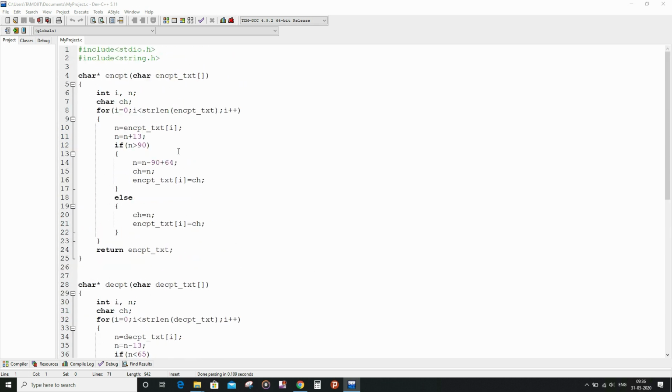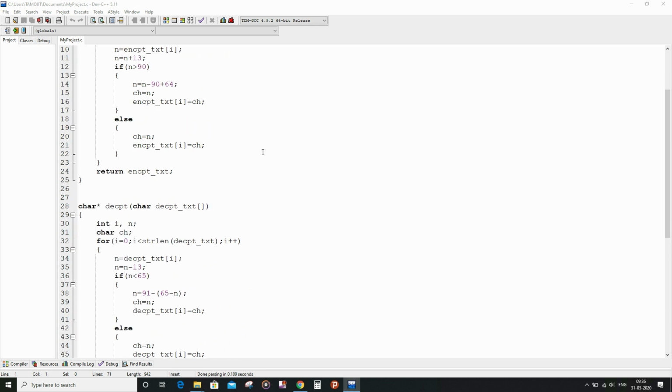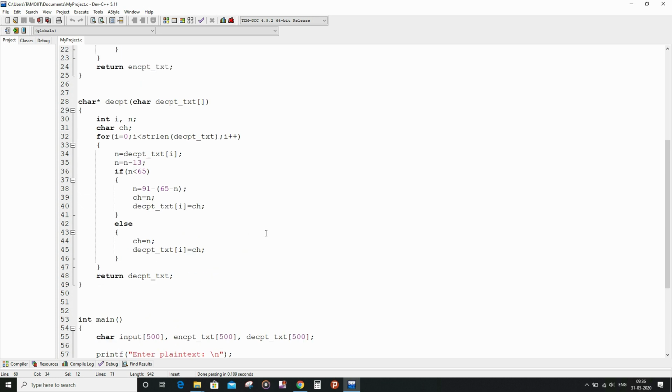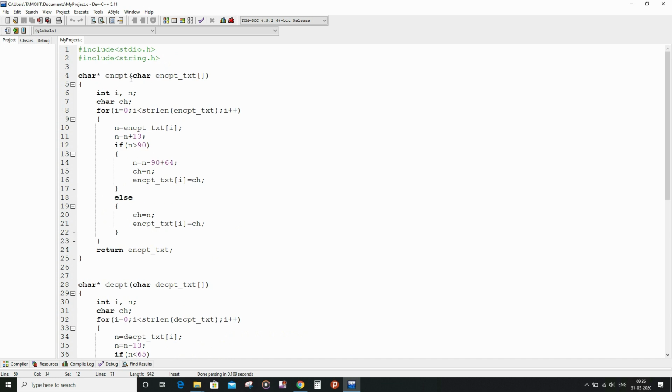And now let me explain the encrypt function. Inside the encrypt function it will basically take one input, that is the encrypt text, which is the formal parameter, and the actual parameter here is plain text, which is passed in this line. As you can see in this code segment, we give the input as the actual parameter and call the encrypt function. After that it will go inside the encrypt function, and as you can see I had declared two integer variables and one character variable.